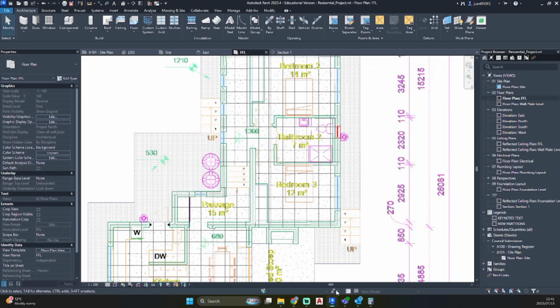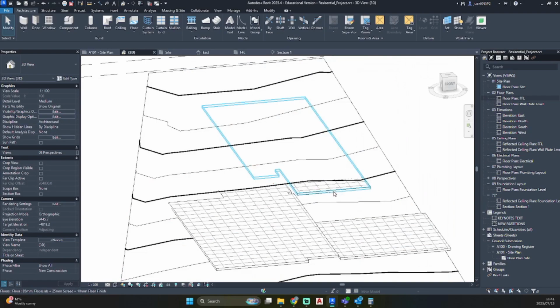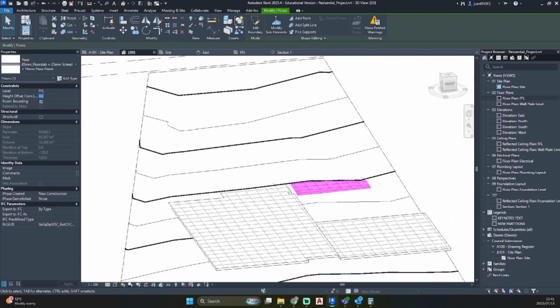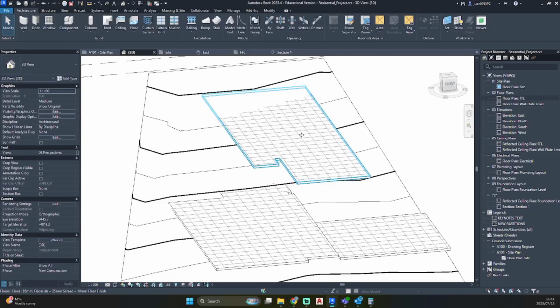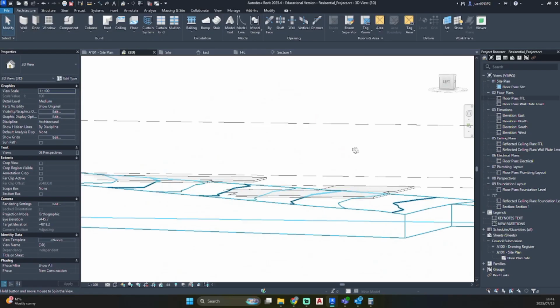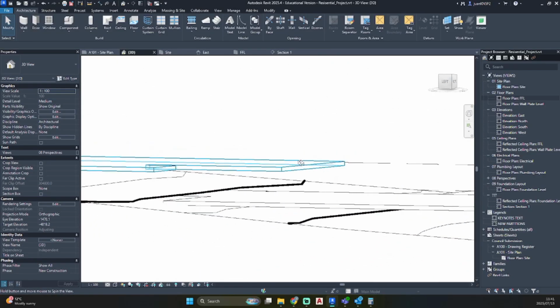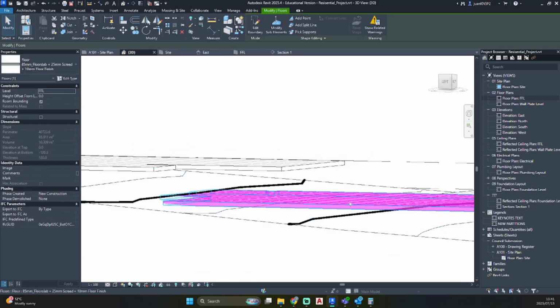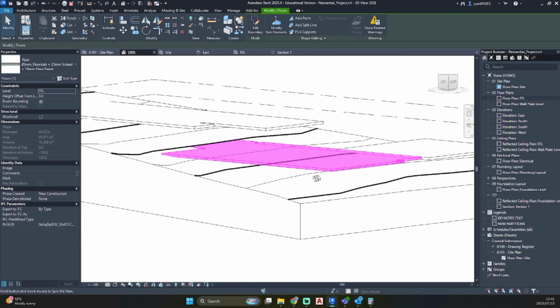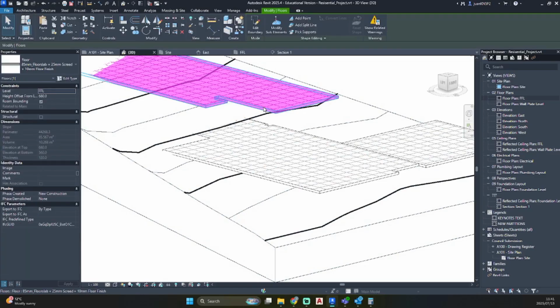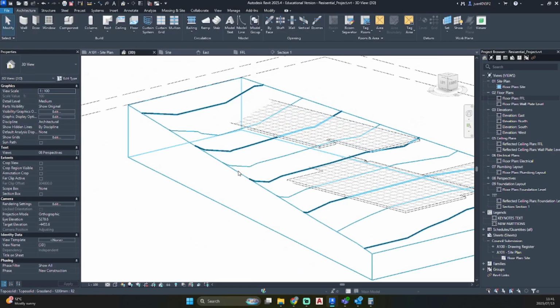Just going to close the calculator quickly, go back to my 3D view. This is going up 680. And as you can see now, that floor slab for our private spaces has moved up from our finished floor level, which is this floor slab. So let's click on our site.